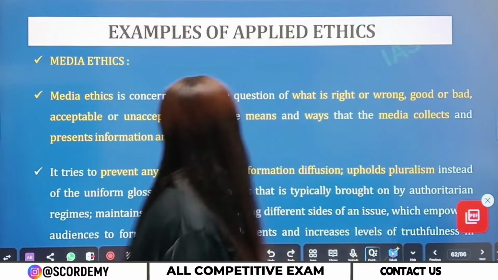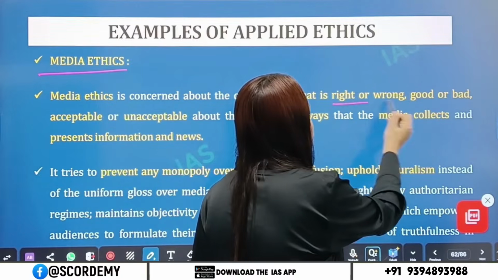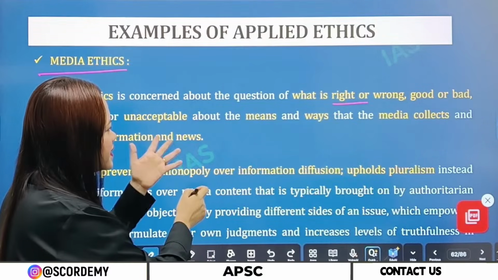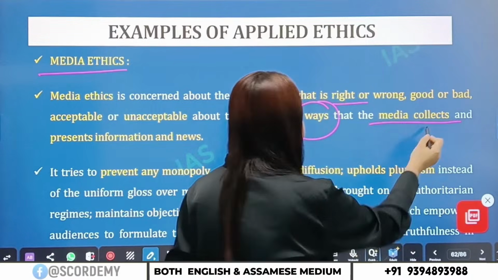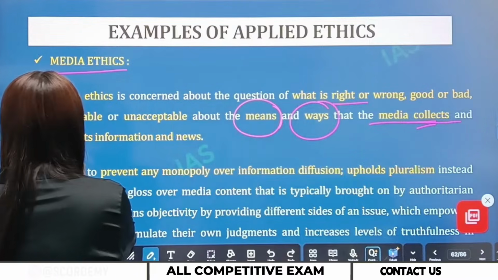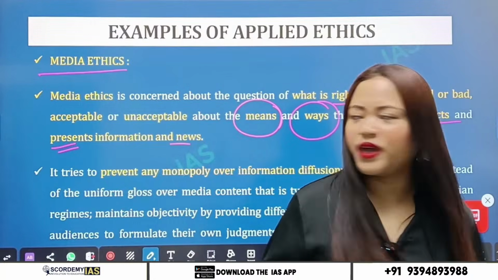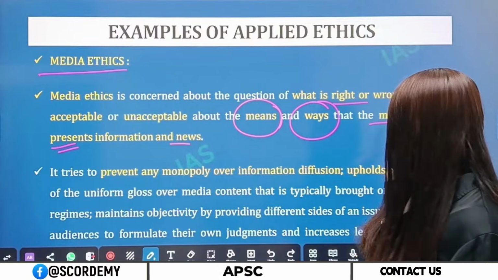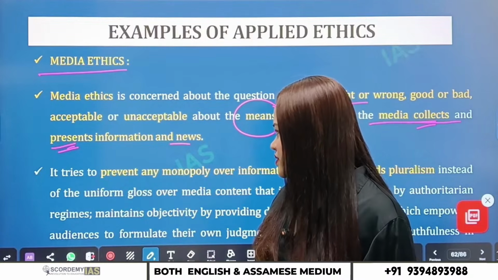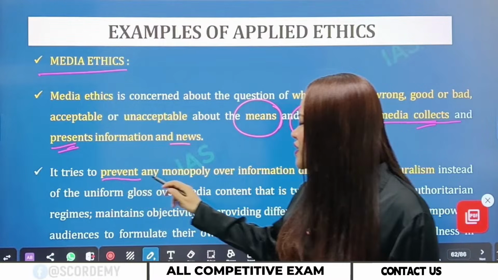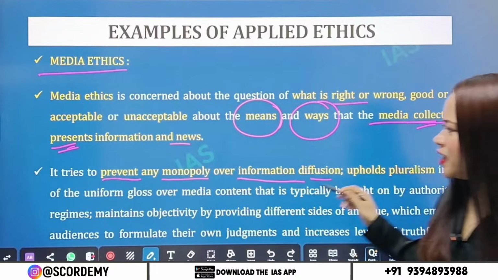Now, the next example is media ethics. Media ethics is concerned with the question of what is right or wrong, good or bad, acceptable or unacceptable, about the means and the ways in which the media collects and presents information and news. It tries to prevent any monopoly over information diffusion and upholds pluralism. Monopoly as in